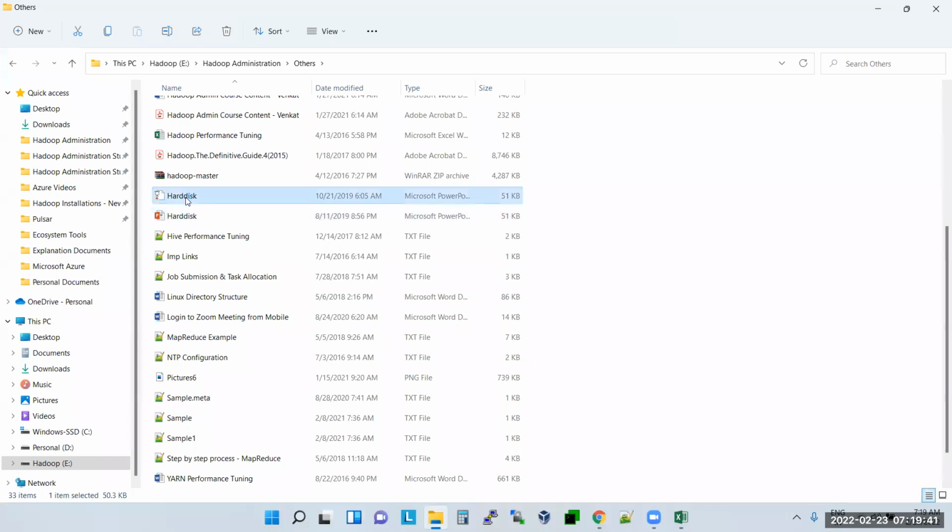So let's say you bought your hard disk. Normally your hard disk will be like this. Can I say this is your hard disk? It's magnetic. Nothing is there on top of it. It's just a magnetic tape. Nothing is there on this magnetic tape now. Can I store some data into this hard disk without formatting?